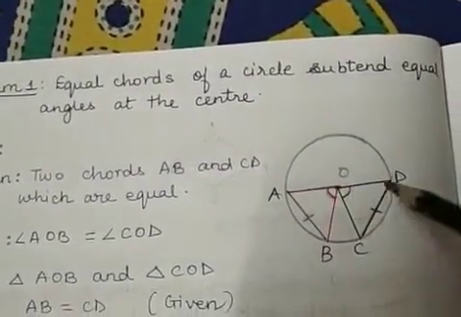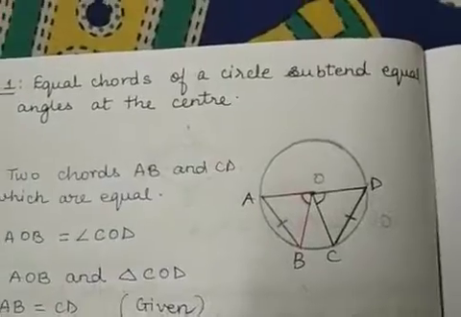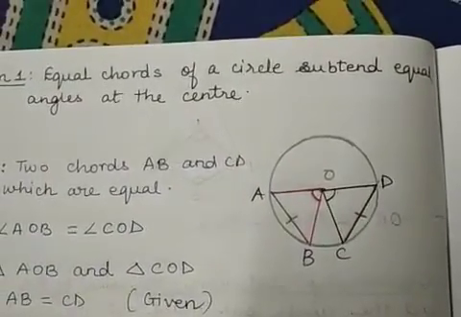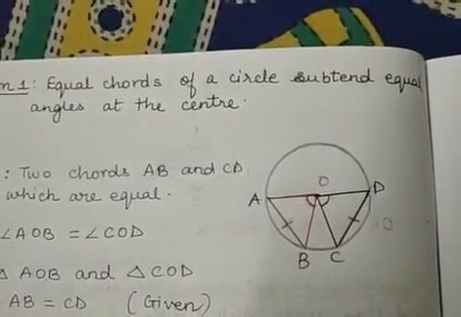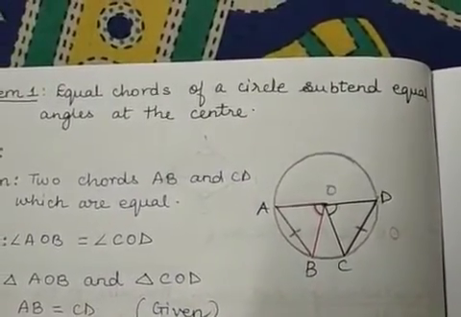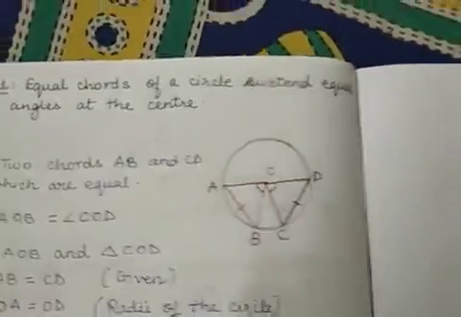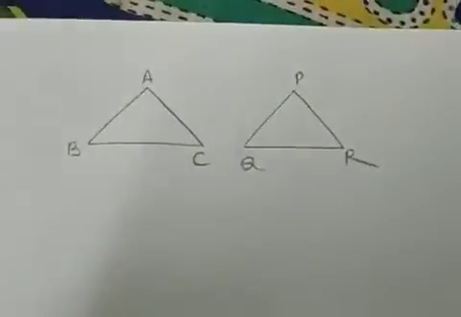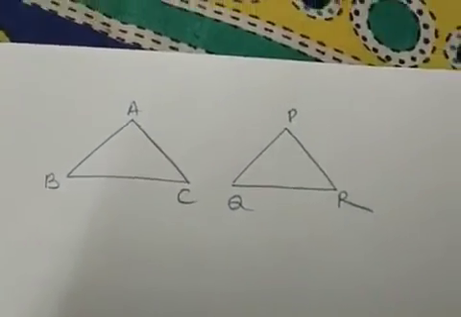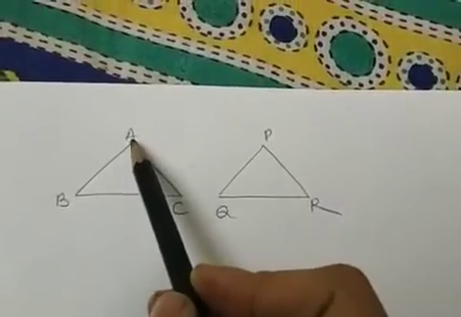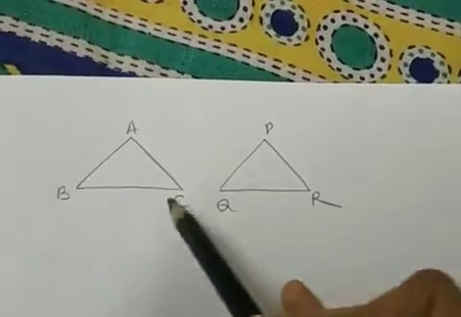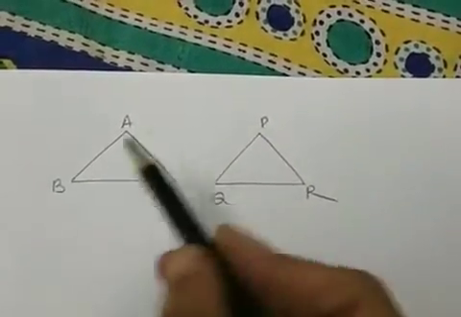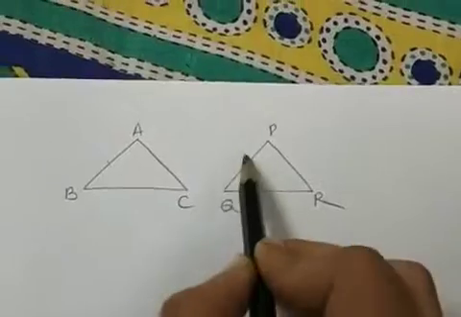Now to prove this theorem, we use the concept of congruence of triangles. Congruence of triangles you have come across in your 7th standard. Let me explain to you what congruence is. If you have a triangle ABC and triangle PQR, then we say this triangle is congruent to this triangle if this side is equal to this side,